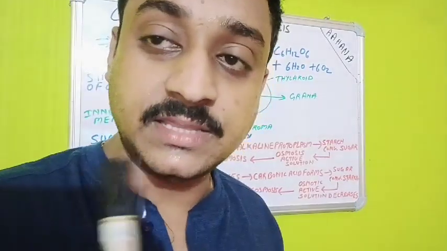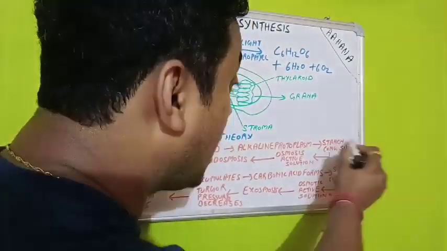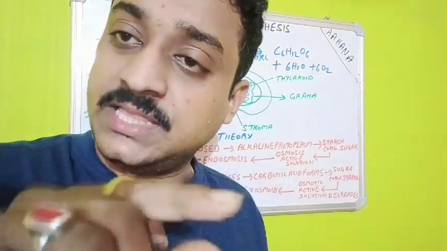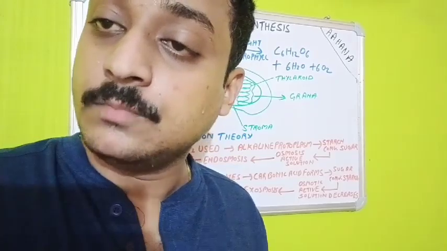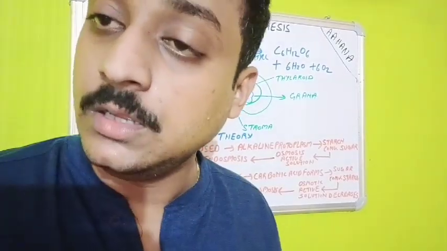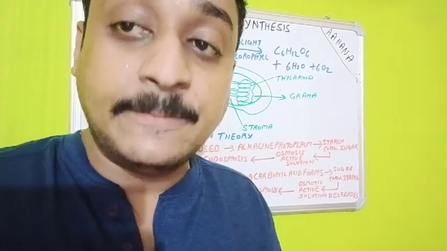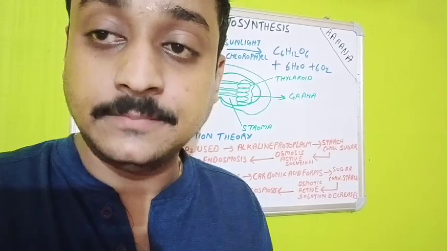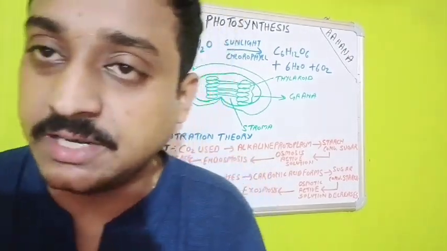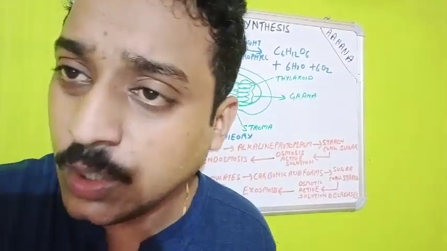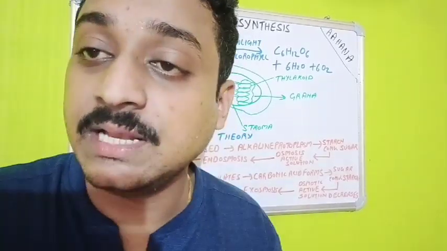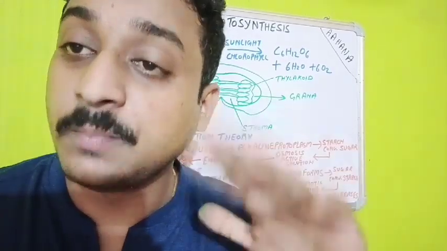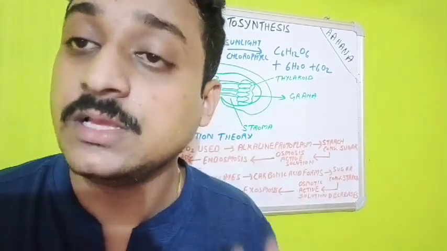So I hope you can understand this concept. The moment the starch is converted into sugar, what happened? The water present in the guard cell becomes more sugary, with more concentration, more solute present in the water now. Now if the water is hypertonic, then automatically the guard cells will try to maintain it. So slowly, from the nearby cells, the guard cells will start to withdraw water so as to maintain the hypertonicity of the solution.